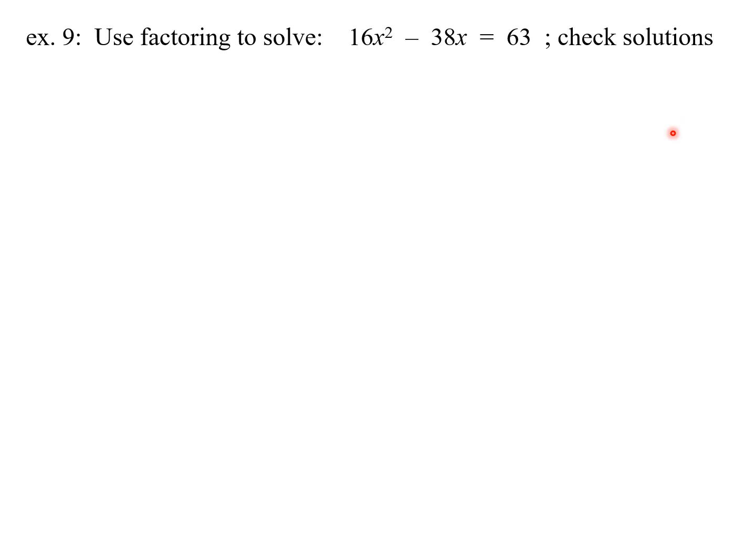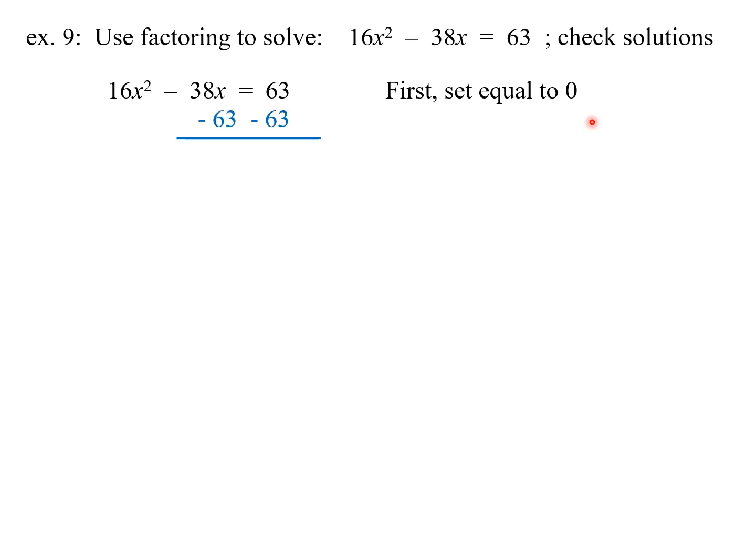Okay, one more example to do, and that's using factoring to solve this expression. And here's where it gets useful, because here's where we apply it to real life situations. All right, and we're going to check the solutions. So this looks complicated, and it's a little bit involved. All right, so let's do this. And the first thing we do is we set this thing equal to 0. All right, and we can do that by subtracting 63 from each side,